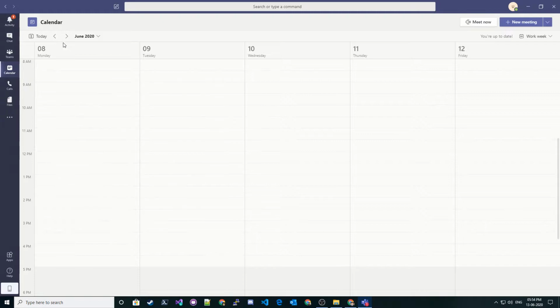Now we need to discuss about calendar. Okay, so this Microsoft Teams calendar is directly integrated with Outlook. Okay, in this system I don't have my Outlook configured with this calendar, but if you have Outlook configured and you go to your Outlook calendar, same meetings will be updated over here as well. Okay, so whatever meetings you have over here will be there in your calendar available as well.